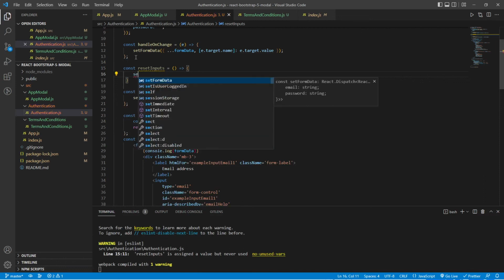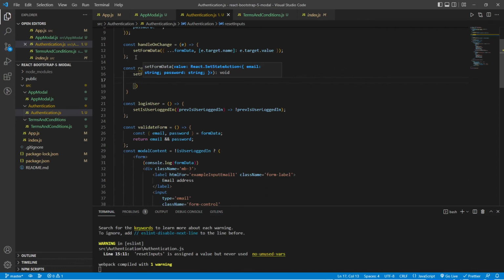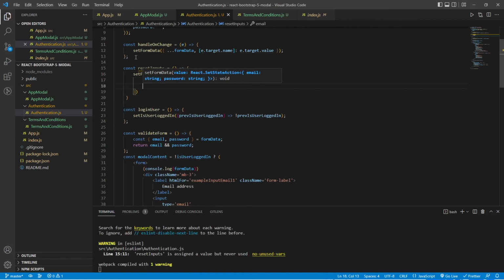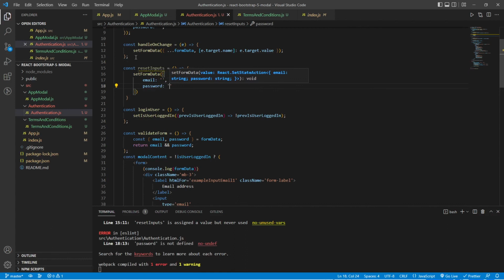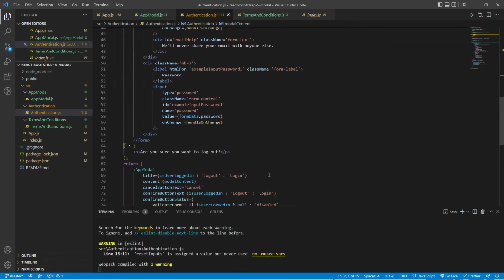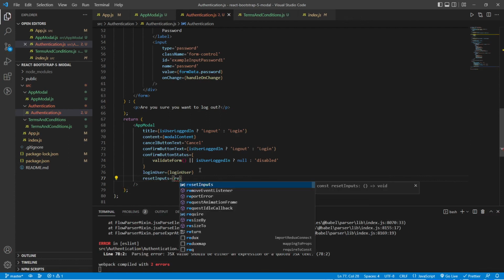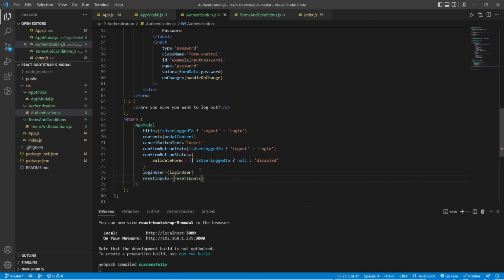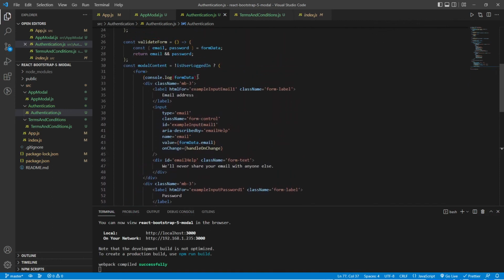And we want to set form data, and we're resetting them to their original values, and we also need to pass that in as a prop to our app modal component. So if we say reset inputs equals reset inputs, and we save that, and we can also remove this console log,